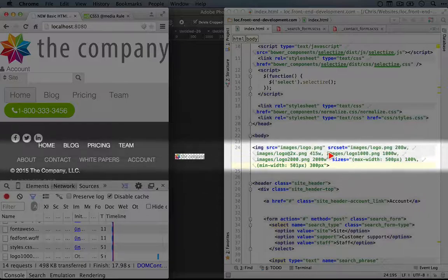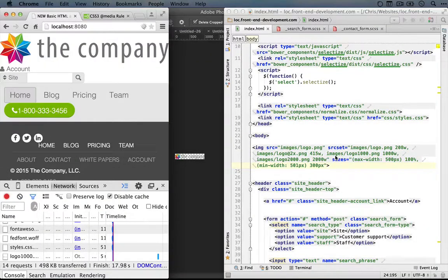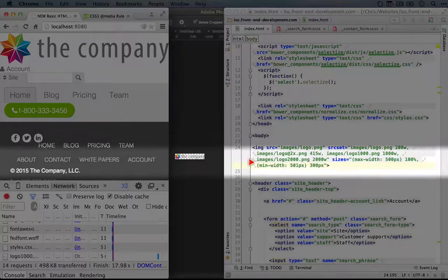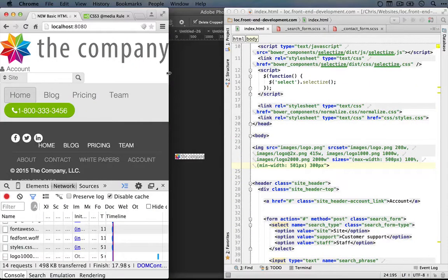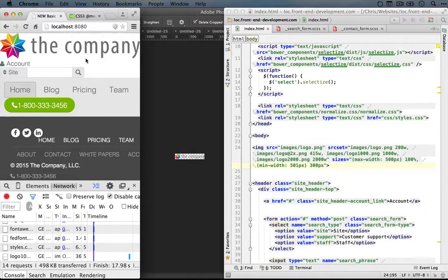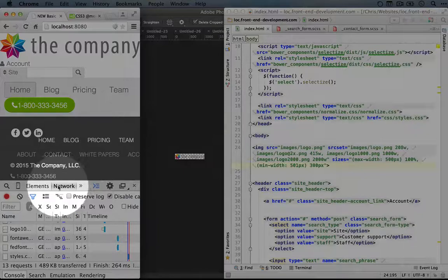But what we're doing here is telling the browser, before it gets the image, what size the image is going to be in the browser. And once it knows that, it can figure out which one of these images is the best size for that place. So if we bring our browser down as small as we can and refresh and look at our network,